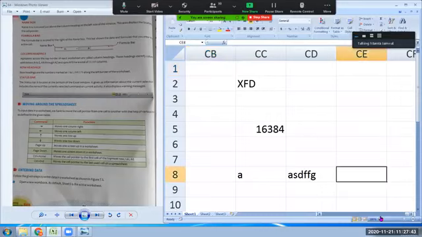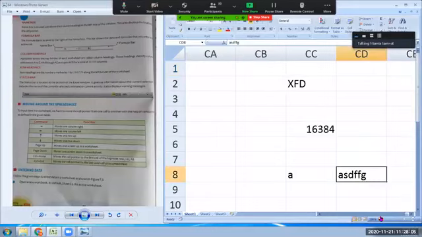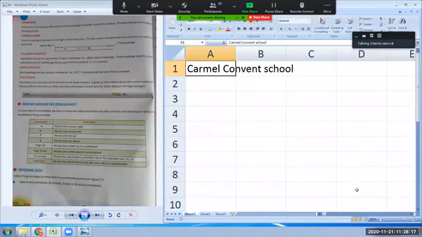Right now I'm here, so let me press Control, and the Home key is also there on the keyboard, right? If you press Control Home, you can move directly to the first cell. Okay, so Control Home takes you to the first cell of the sheet, and Control End takes you to the last typed cell where you were typing. Here I was typing, I clicked here, so with Control End I will go here, and if I press Control Home, I'll reach the first cell. These are certain keys which can be used to navigate through the worksheet.